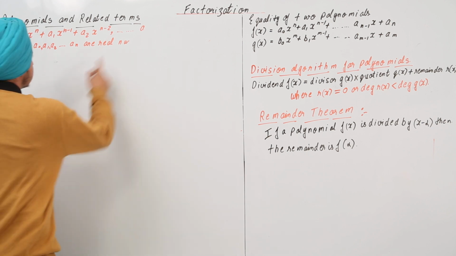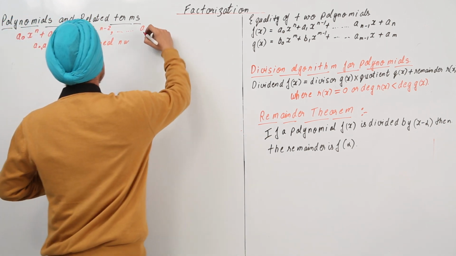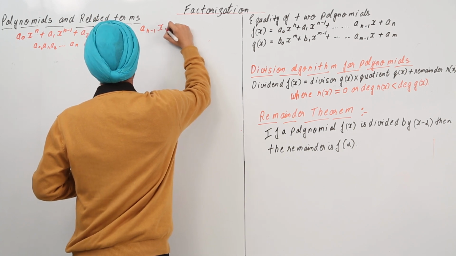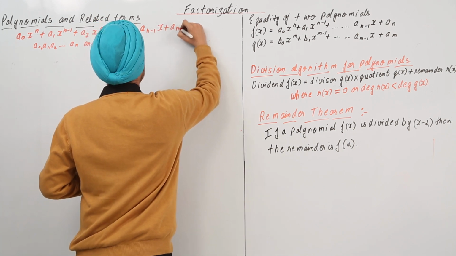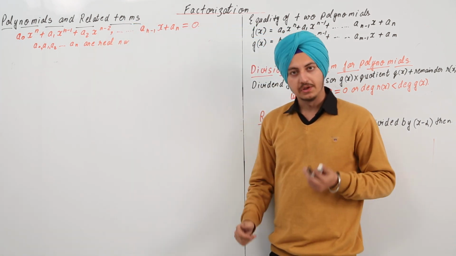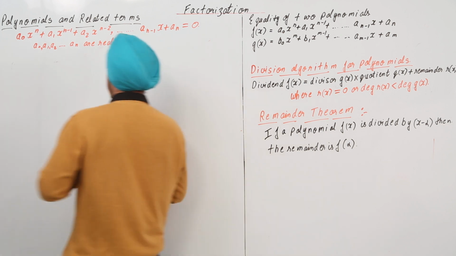First of all, I've just erased this by mistake. So this will be a_{n-1} x plus a_n equal to 0. Okay, so this is the basic form of a polynomial, right? So now tell me